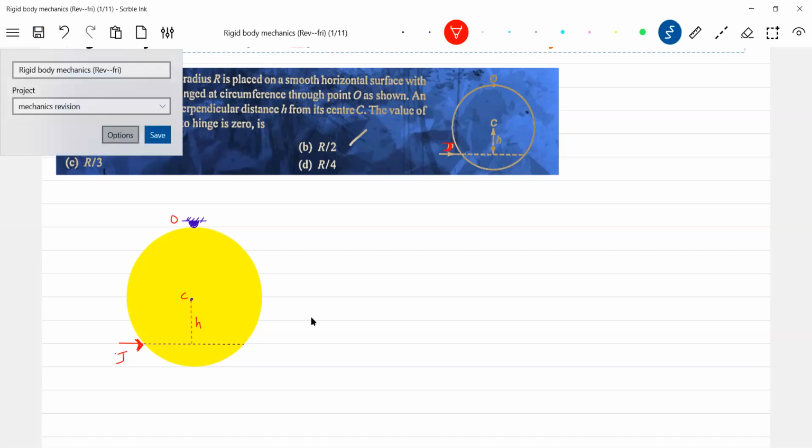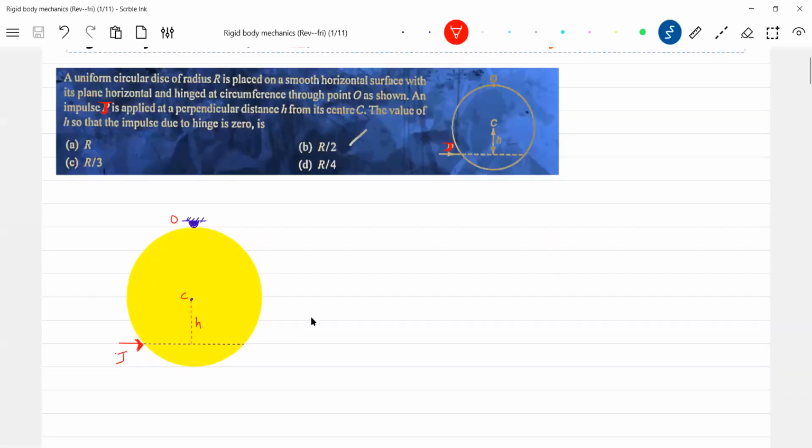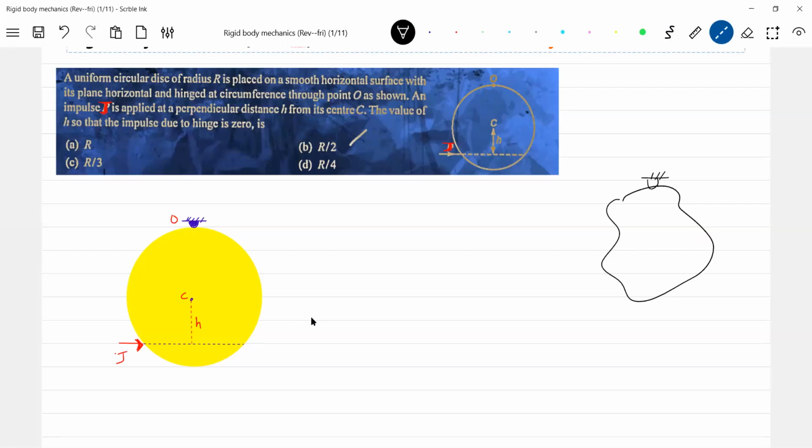Okay, what is this concept? To what is it related? You go back to the center of percussion. I think I made a topic like this, and center of percussion is something we have discussed. So what does center of percussion mean? If you take any rigid body, let it be suspended here. Now, at what point should I apply impulse so that there won't be impulsive reaction at the pivot?